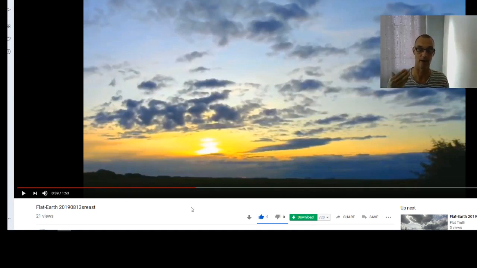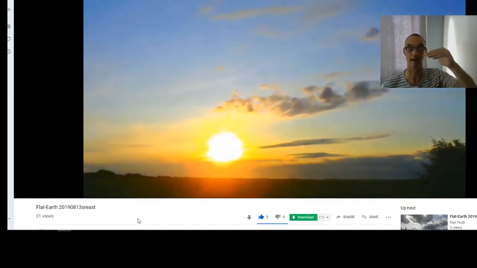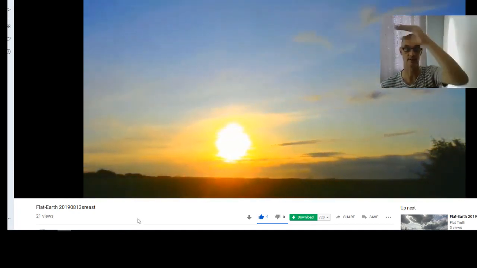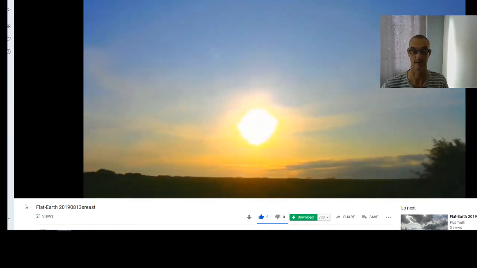So from our perspective, looking at a very distant sun and distant horizon, then of course the sun does appear to just rise up from the Earth, and this could give us the impression that it's the Earth that's moving or rotating to allow the sun to come up. But in fact, all that's happening is a longer distant version of what we see happening here. Is a higher sun than the clouds, and of course eventually the sun comes into view and continues to go across the Earth. So an excellent demonstration, and